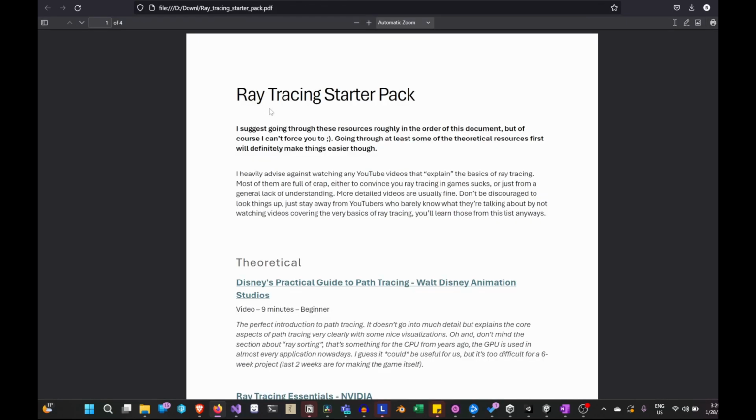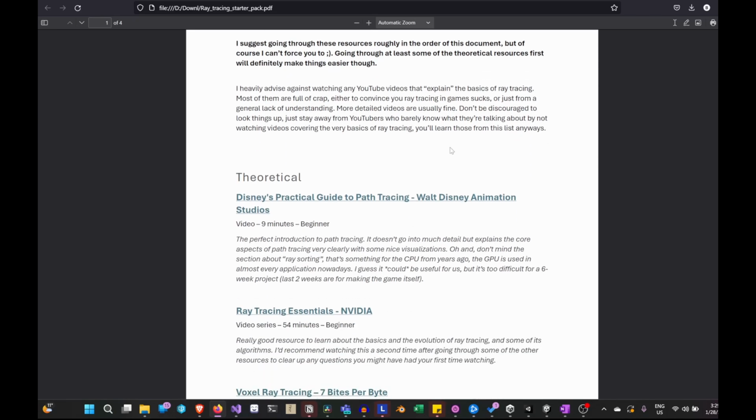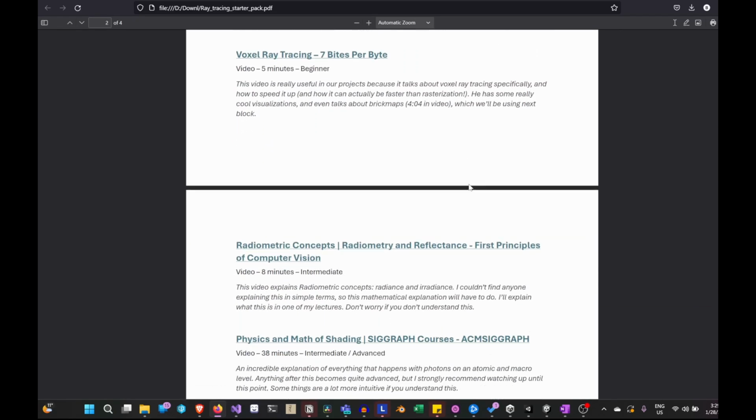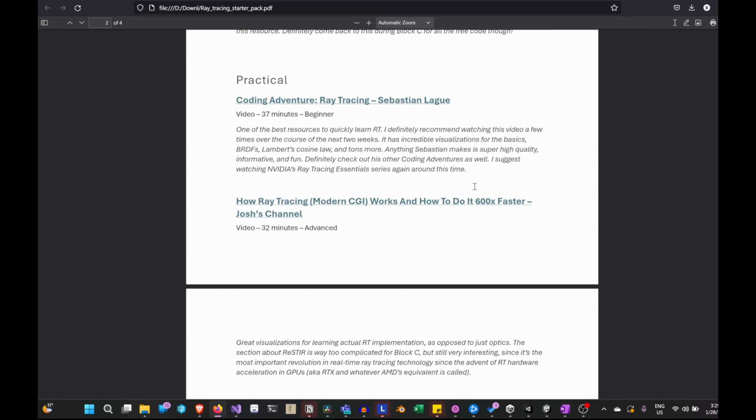Except Remi, one of my colleagues who's really into graphics, made this nice PDF about ray tracing, and it's full of resources for learning ray tracing. So this is also going to be